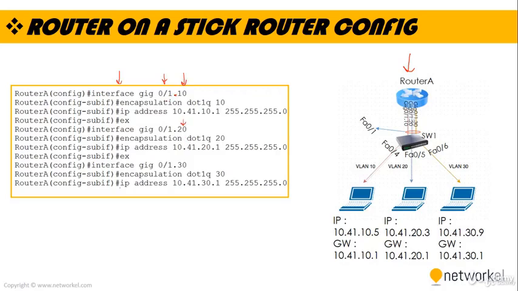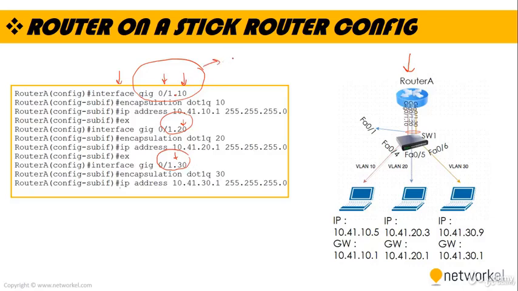The whole thing is the sub-interface: Gig0/1.10, Gig0/1.20, Gig0/1.30. I'm terminating VLAN 10, VLAN 20, and VLAN 30 here, as you can see, but